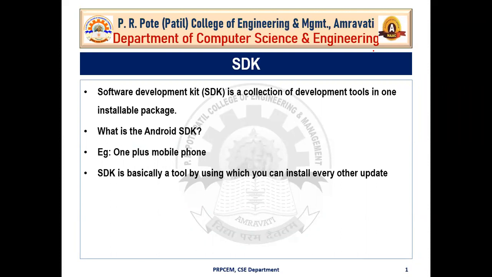In the last lecture, we discussed what an operating system is and the different types of operating systems. After that, we covered the JVM, that is Java Virtual Machine, JRE, that is Java Runtime Environment, and JDK, that is Java Development Kit. Now in today's lecture, we are going to discuss SDK, that is Software Development Kit, DVM, that is Dalvik Virtual Machine, and the difference between the DVM and the Java Virtual Machine.